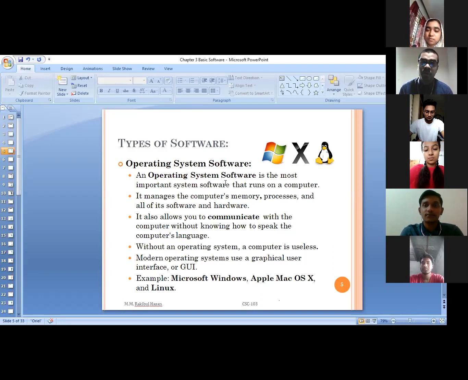This operating system is called the mother of all software. Because without this operating system, you cannot run any other software in the computer. It basically manages whatever resources you have in the computer. Think about the memory, think about your processor, think about other hardware. Whatever hardware you have, everything is basically managed by this